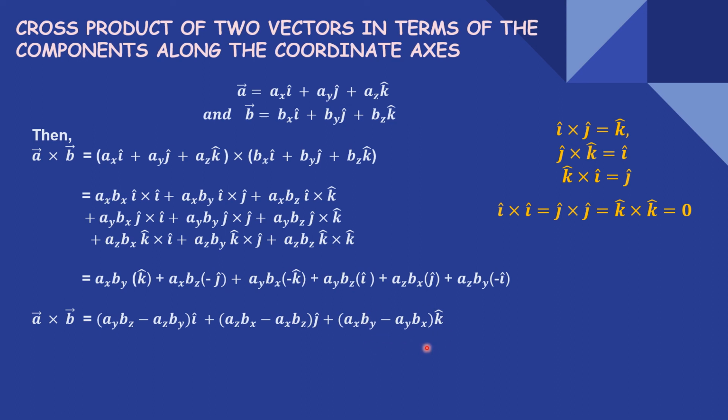And similarly for k caret, from the other two terms, from the first and third terms, we can take common k and write this type of equation. So this is a well-known equation, which we write in place of a determinant. So this equation is derived from a determinant. So we can define our vector product, vector A cross vector B, as a determinant, in the form of a matrix or in the form of a determinant.